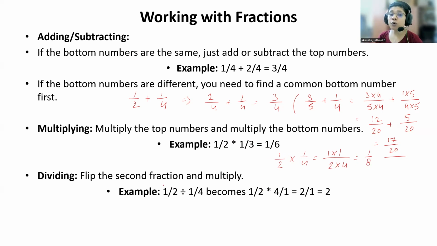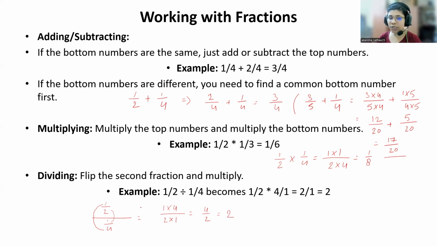Now, if you want to divide two fractions, let's say 1 by 2 divided by 1 by 4, how will you do it? Let me write it down. So 1 by 2 divided by 1 by 4. The rule is this and this you keep together, this and this you keep together. So you can write it as 1 into 4 and 2 into 1. So it is 4 by 2, and you can see that 4 and 2 both you can divide by 2. So the answer will be 2.